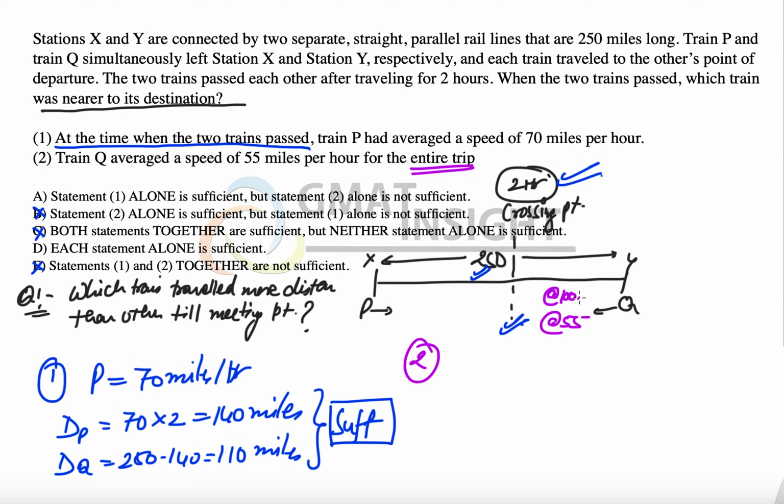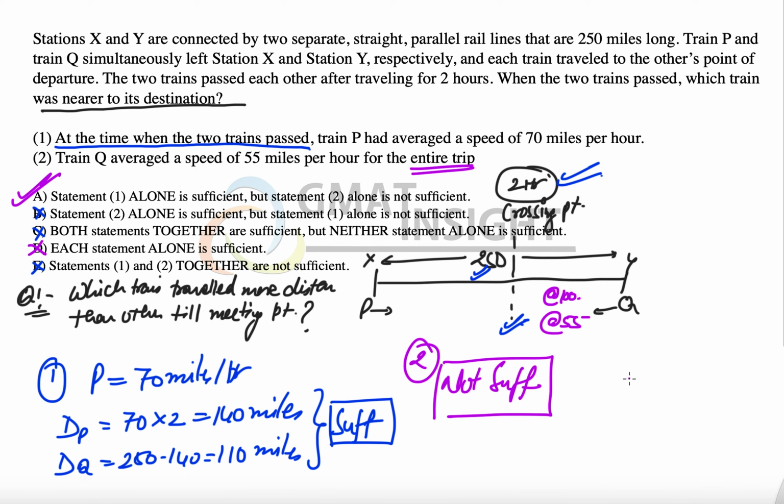So in case 1, where we are assuming that its speed till the meeting point could have been 100, it definitely would have traveled more distance, because at a speed of 100 in 2 hours, it will travel 200 distance. While at a lower speed, that means if it averages the speed of 55 over the entire journey at every single point, then it must have traveled only 110 miles in 2 hours. So the second statement is not sufficient, because we do not know what was the average speed of Q till the time the two trains crossed each other. So not sufficient, D option is out.